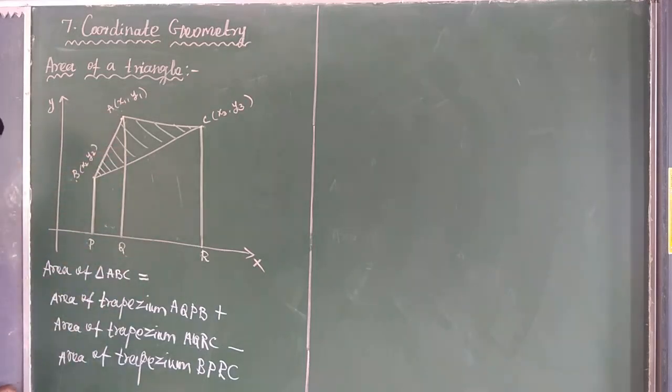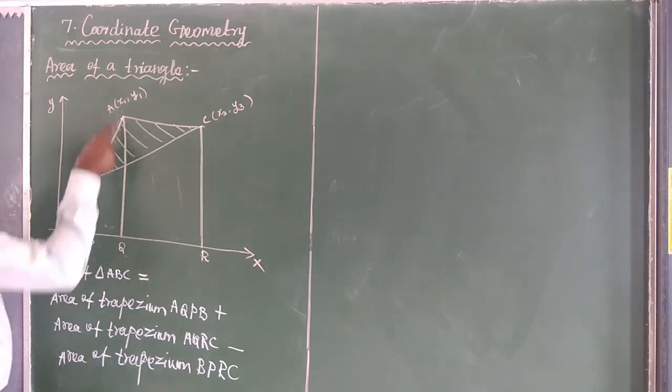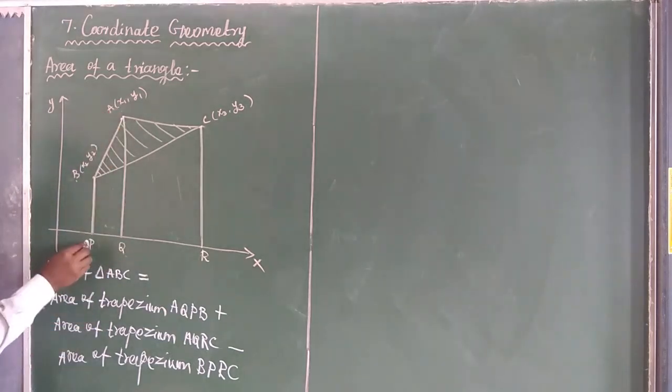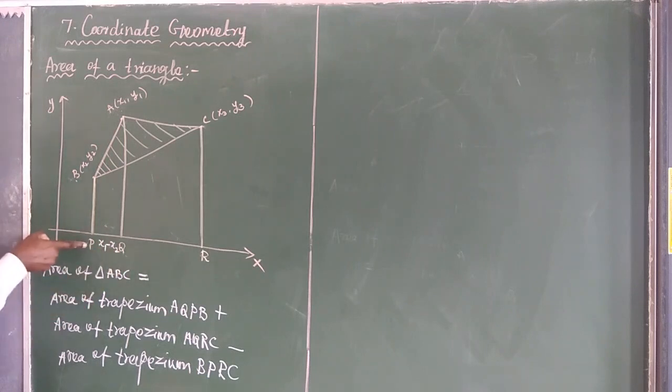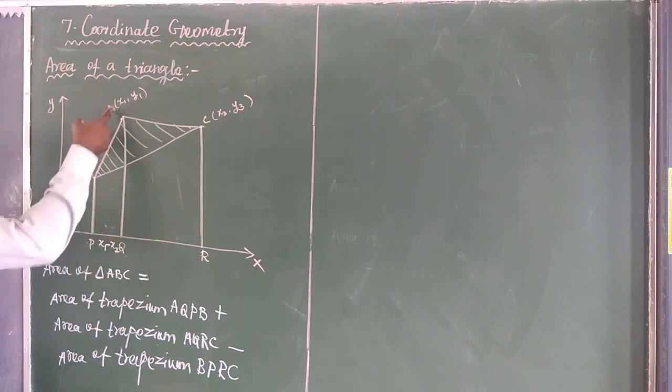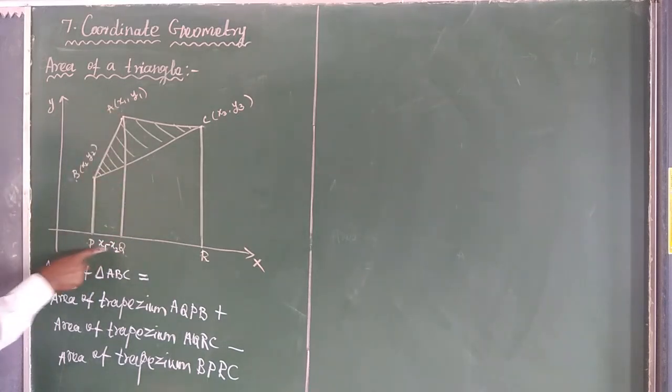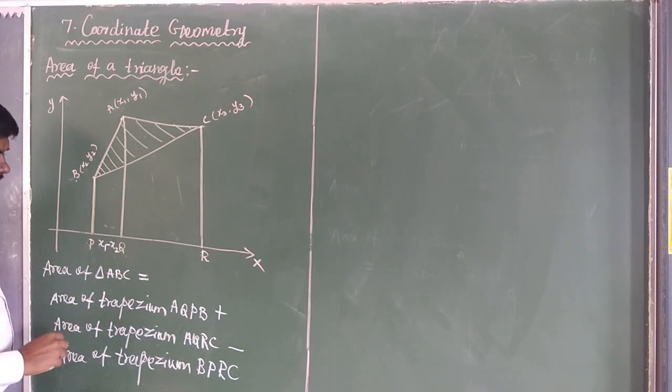It's clear. So here, what's the coordinate point B? B is equal to x2. Q is equal to what coordinate point? x1. So the distance between B and Q, what's the distance? Here the distance is x1 minus x2. B coordinate point x2, Q coordinate point x1. I calculate the distance BQ is equal to x1 minus x2.